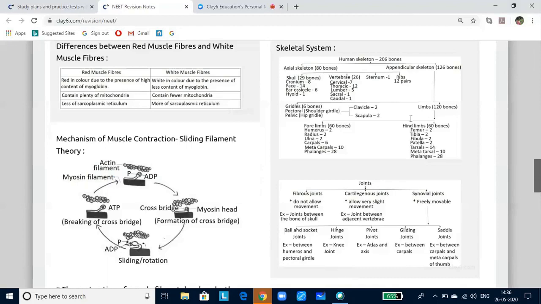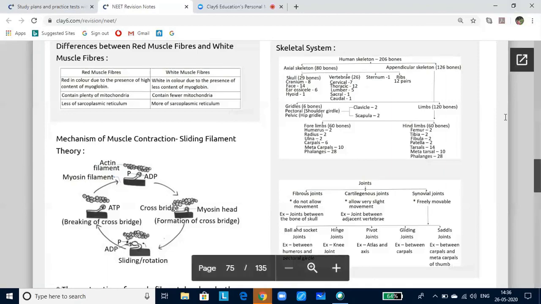The skeletal system provides support for the body. It provides delicate support to internal organs such as the heart, brain, and lungs. It provides surface for muscle attachment, helps in blood cell formation, acts as a storehouse for minerals such as calcium and phosphorus, and also helps in breathing and hearing. Now with this, let us get back to the joints.